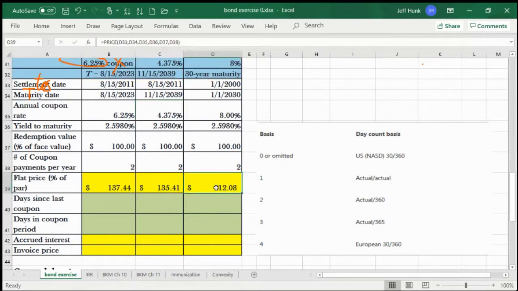This one you can tell already. The coupon rate is 8%, which is way higher than the yield to maturity. But,